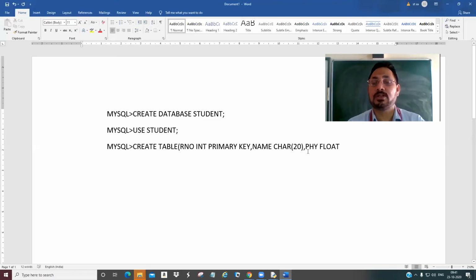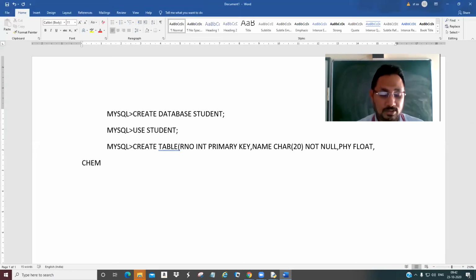Also, you can give not null, etc. The constraint is basically a check or condition applied. Here I am giving not null. Physics float. You can go to the next line by pressing enter key or automatically it goes to the next line. Then I can take chemistry also as float, and then I'll take total as float.